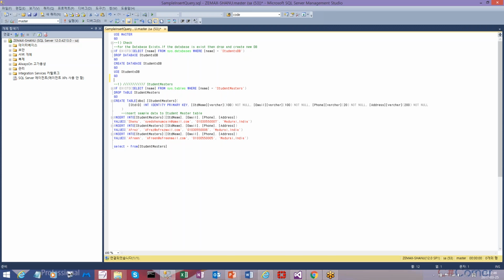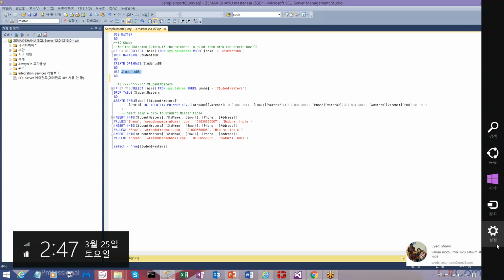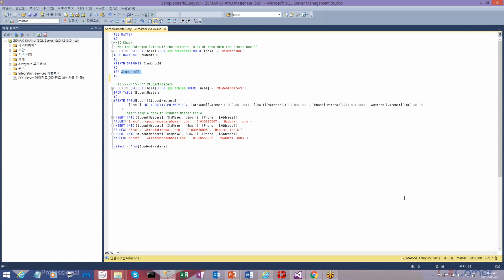For example, here we have created a database named student DB, which means in this student DB we can create multiple tables. For example, we want to create student information, and also we need to create an address, and several things like this. So we will be creating all these tables in one database. Okay, so here we have created a sample database as